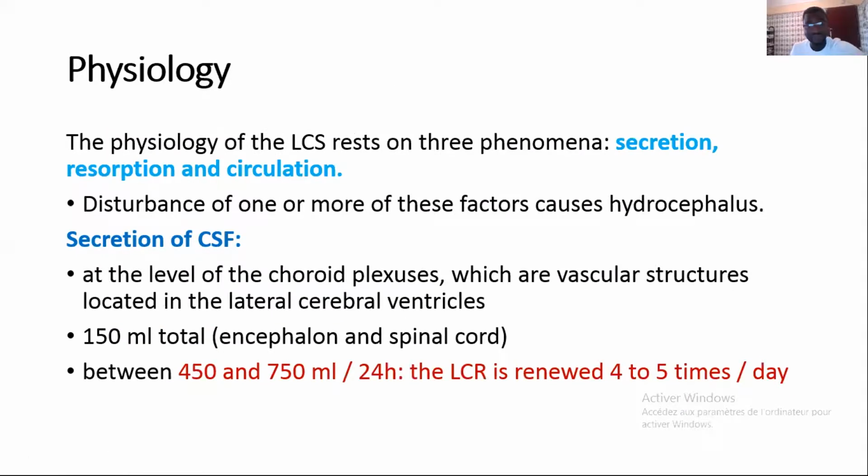The physiology of CSF rests on three phenomena, like I was told in my introduction. It is the secretion of CSF, the resorption of CSF, and the circulation of CSF. When we have disturbance of one or more of these factors, it causes hydrocephalus. So, about secretion of CSF: CSF is secreted at the level of the choroid plexus,